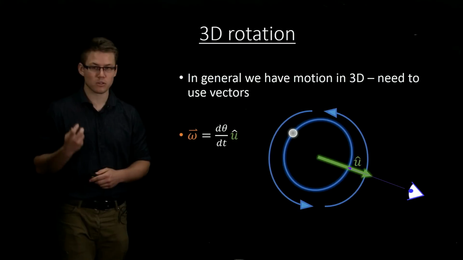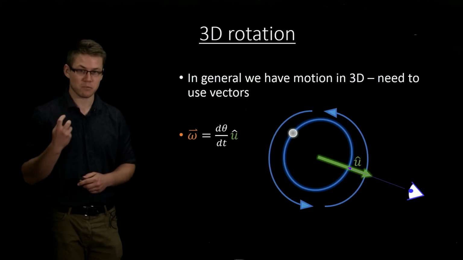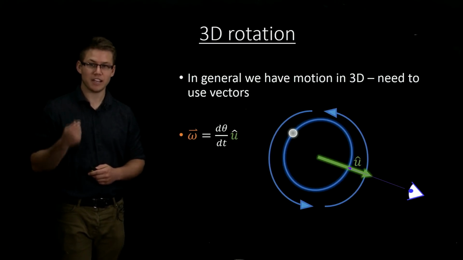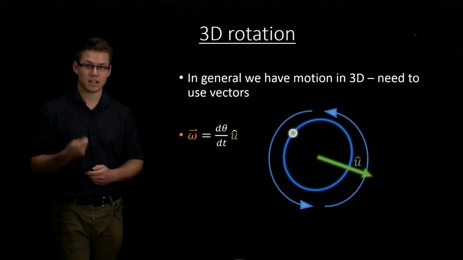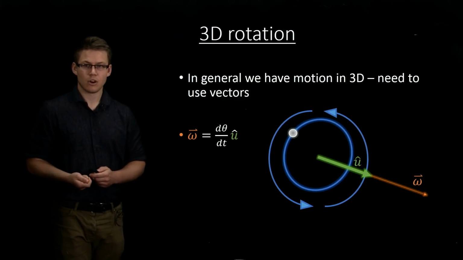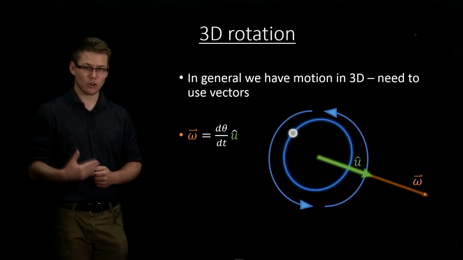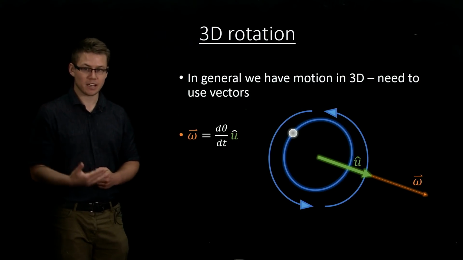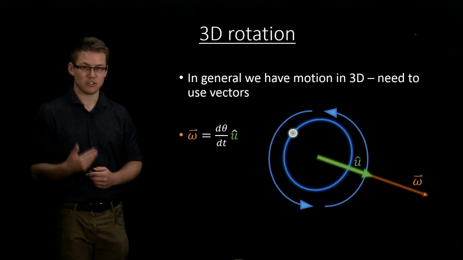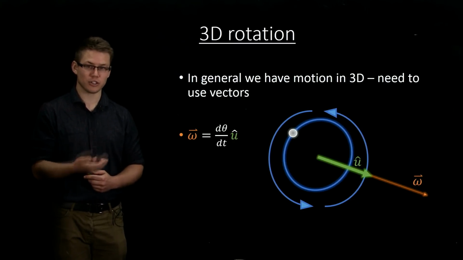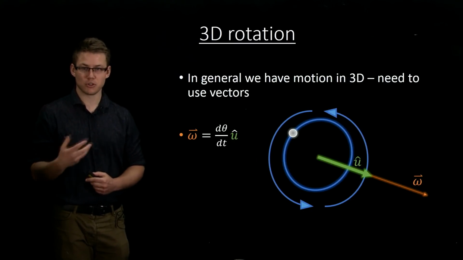That's the important point in defining which direction û lies in. What that means is that omega also lies along û. It is always perpendicular to the plane and in the same direction as û. So also, if you look down omega, you'll see the motion happening